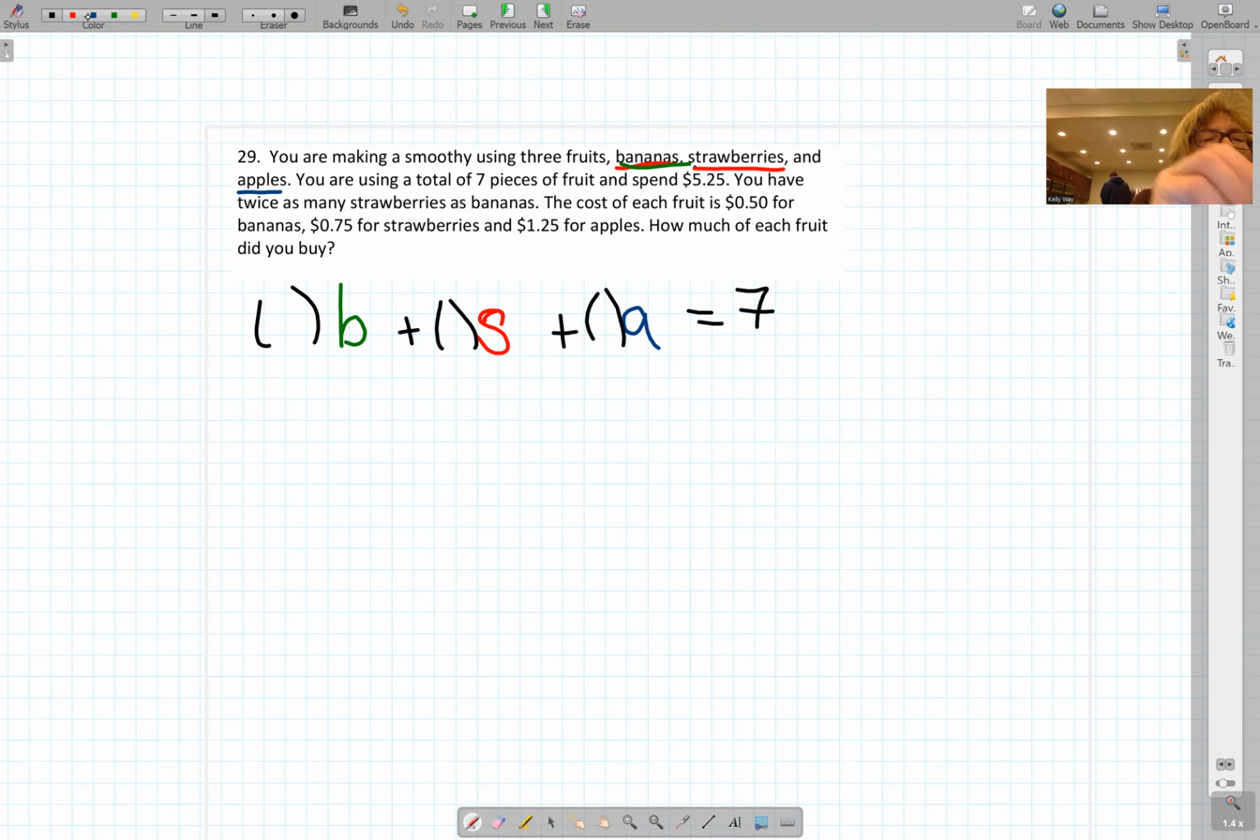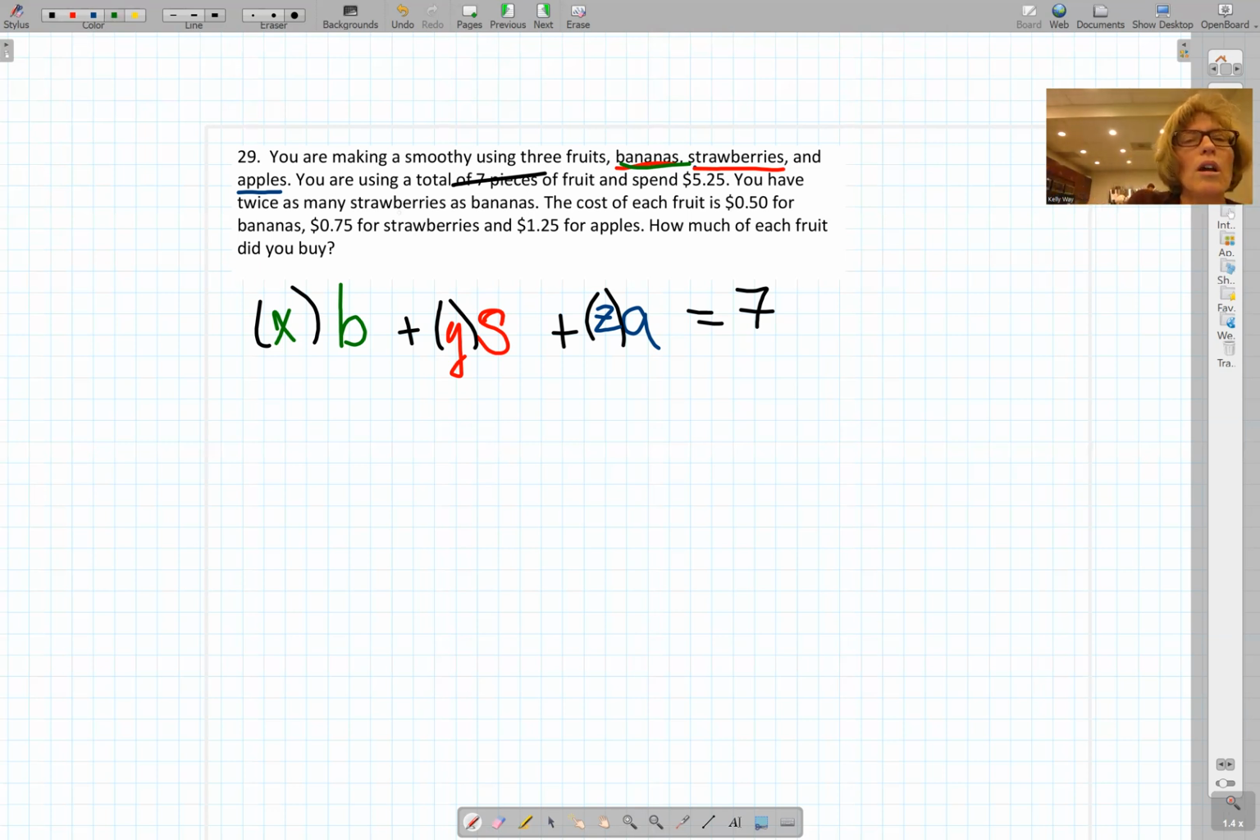So an unknown number of bananas, call that X, an unknown number of strawberries, call that Y, and an unknown number of apples, we're going to call that Z. The total of 7 fruits. We're keeping track of our information here. 7 fruits, we took care of that. Using the same formula,